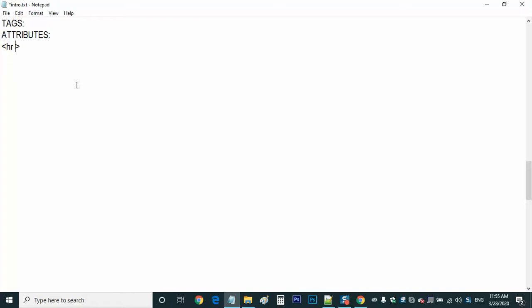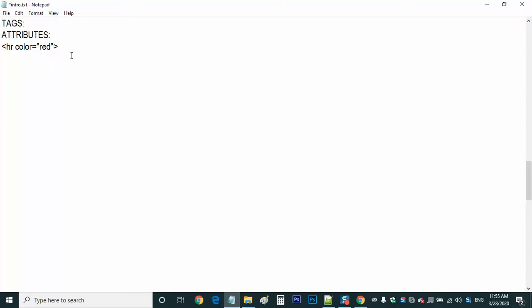For example, I want to change the color equals to, in double quotes or single quotes, use a color name, red color. So we are adding the color attribute. Color is an attribute and red is the value of that attribute.